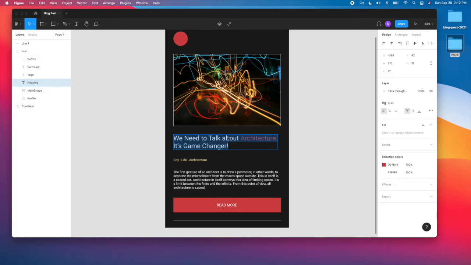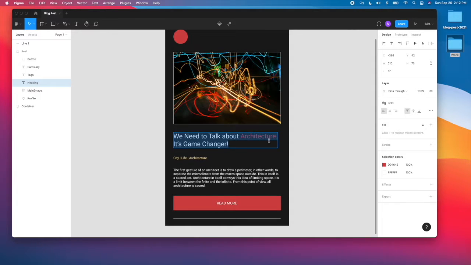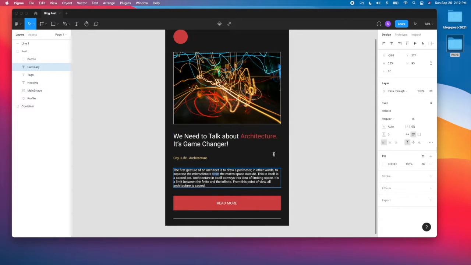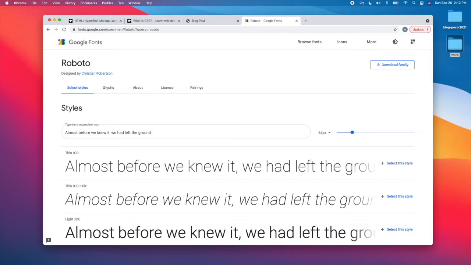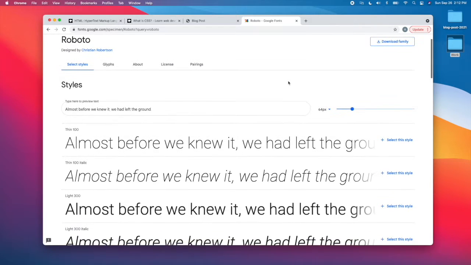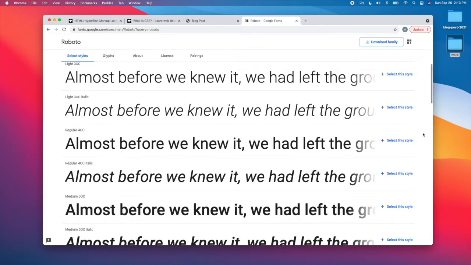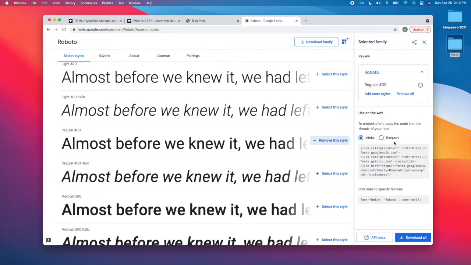So like here, I am using, let's see if we could show what kind of fonts we're using here. Here we go. Roboto, regular, 16 pixels. All right. So we're gonna need that, and the way to do that is you can select a style here. Select this style, and Google gives you not only how to import it, but it also tells you what rules to use. So we are going to copy this here,